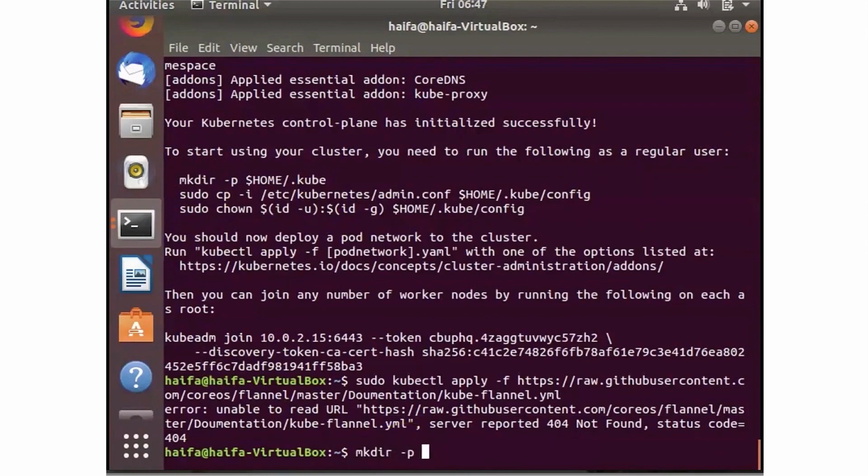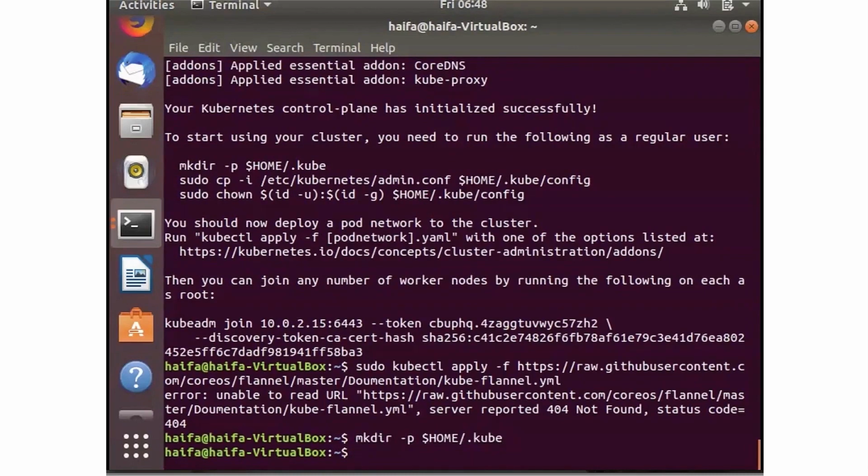What we have to do is actually deploy the nodes first. So we're going to do that by creating mkdir -p $HOME/.kube. We'll create that new directory, and sudo cp -i, and then the path will be /etc/kubernetes/admin.conf, and then $HOME/.kube/config.